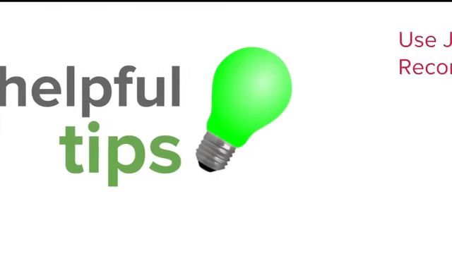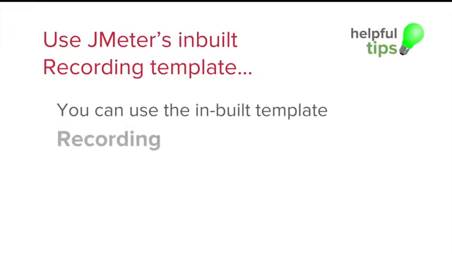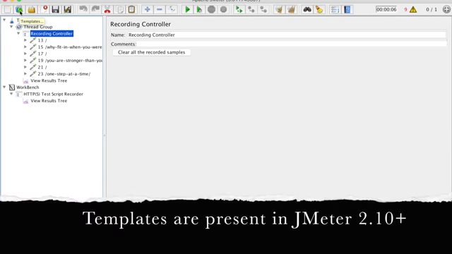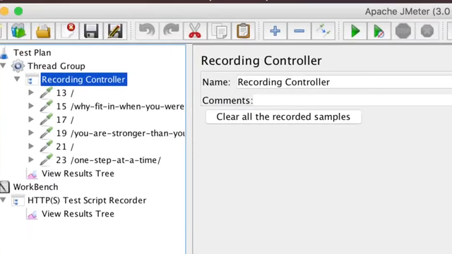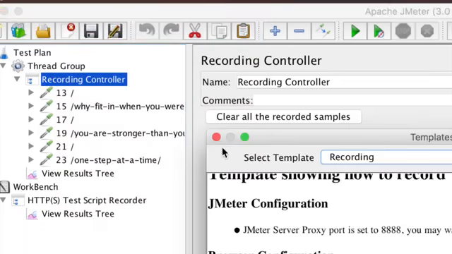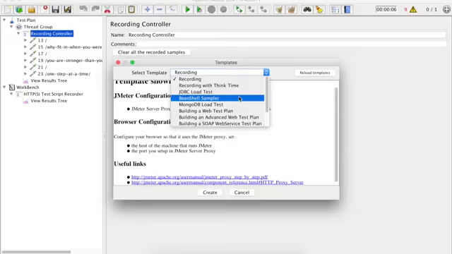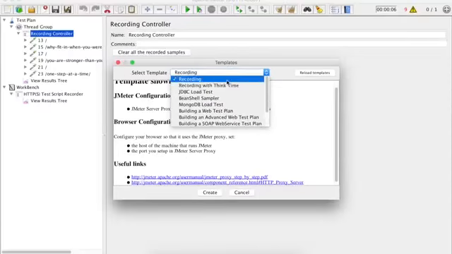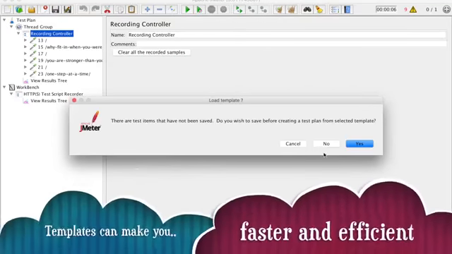Let us look at some useful tips. So in our last session, we have already seen that we have some inbuilt templates in JMeter. If you go to your JMeter, and if you are using JMeter with version 2.10 or above, you can see there is this icon for templates. Also, you can go to file and templates, and here you can see we have all these templates, and we have a recording and recording with think time template. So let us select recording and say create,